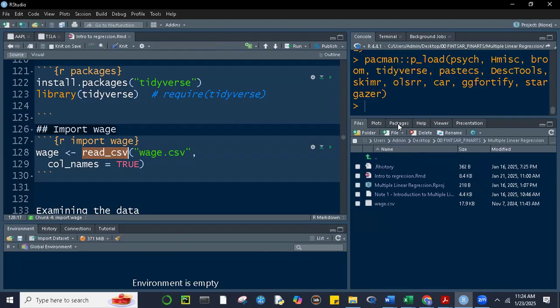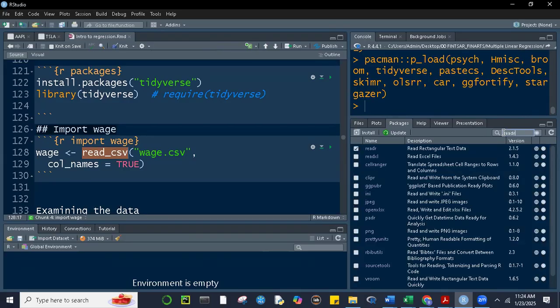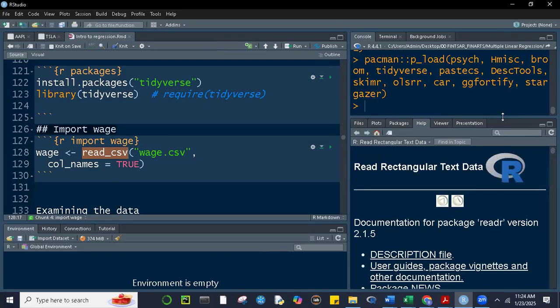Read underscore CSV comes from the readr package. Okay, let's just take a look at that. And the readr package actually comes packaged or combined with tidyverse here. Okay, read rectangular text data. If I click this,